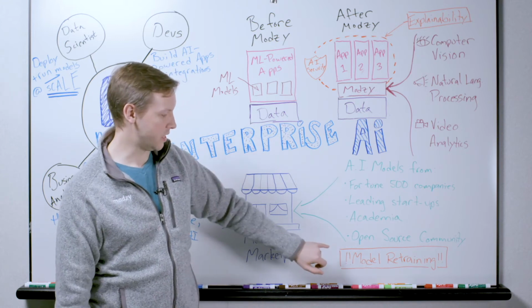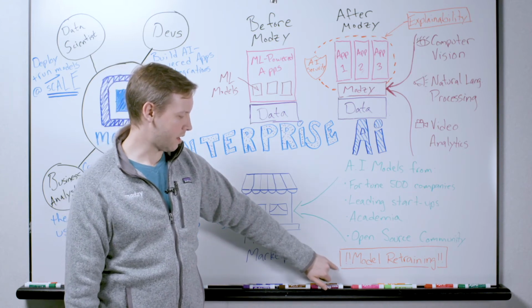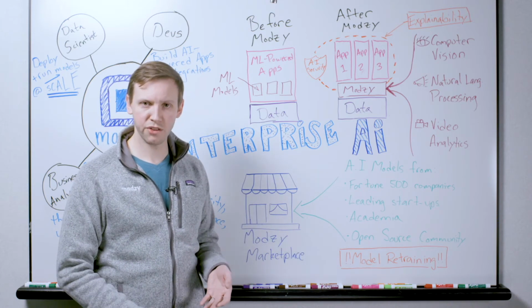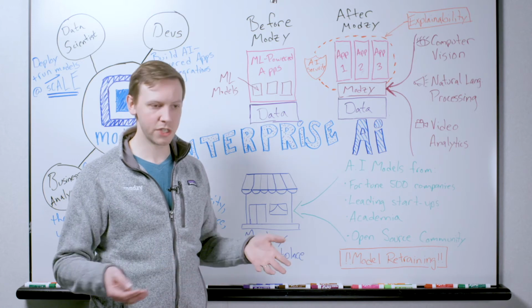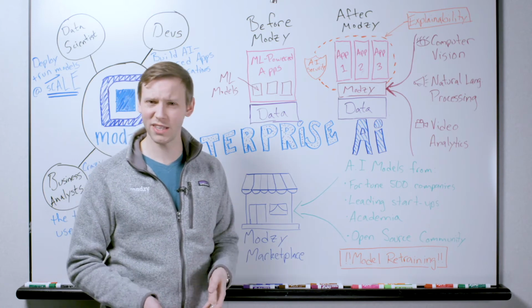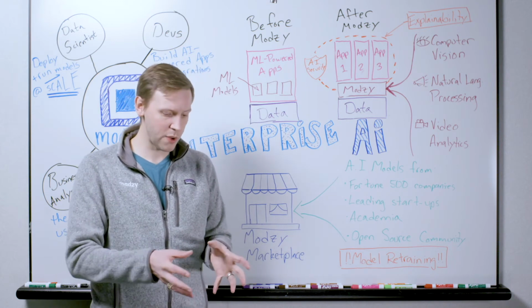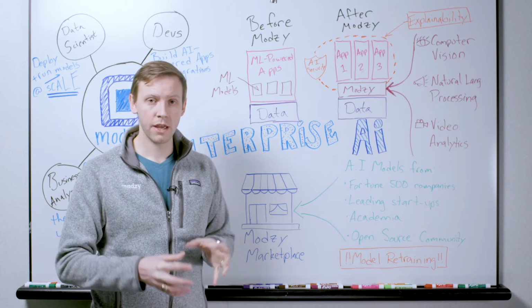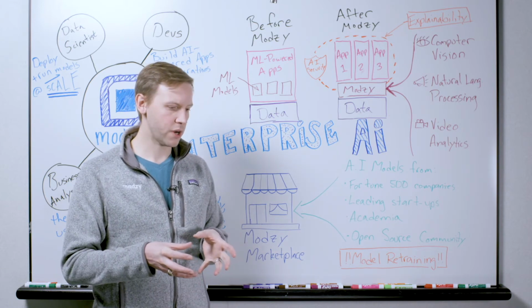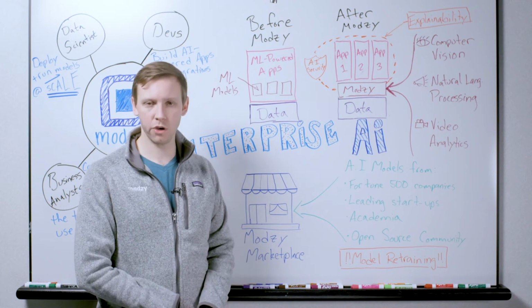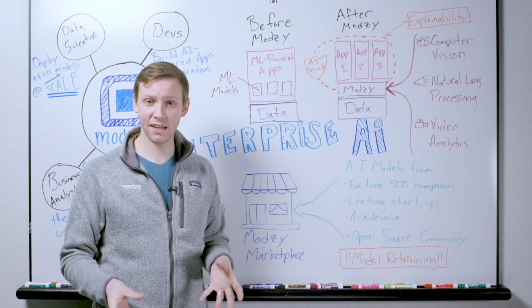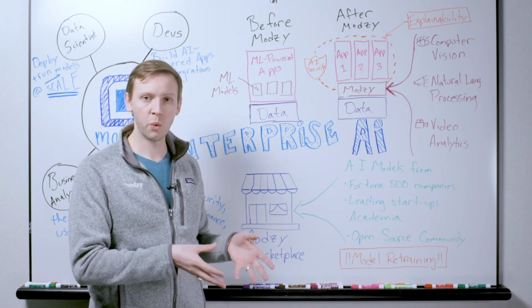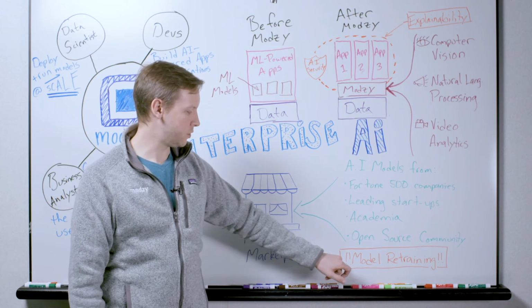The last thing I wanted to mention is all of these models are potentially available for what we call model retraining. If you're not familiar with machine learning, one of the dirty secrets of AI is that models are only as good as the data they're trained on. So if you have an amazing model that's designed to identify pictures of cats on Twitter, it could do that job really well, but say you try and use it to detect pictures of cats on Facebook. It could be that the kind of data that it's trained on Twitter doesn't translate over to Facebook and it doesn't work as well.